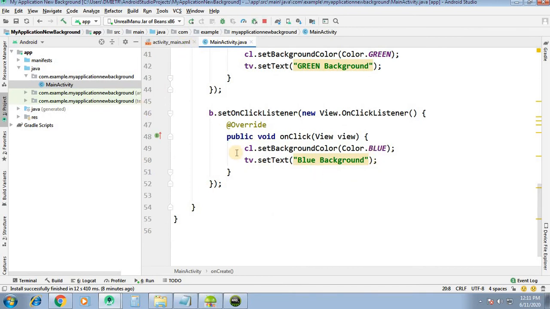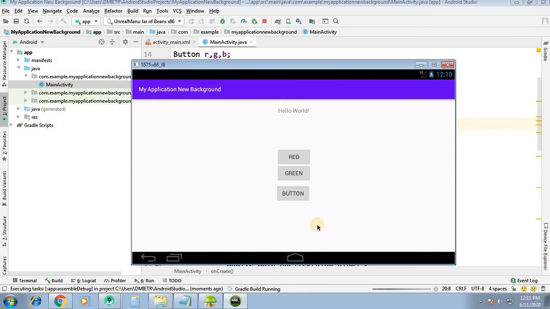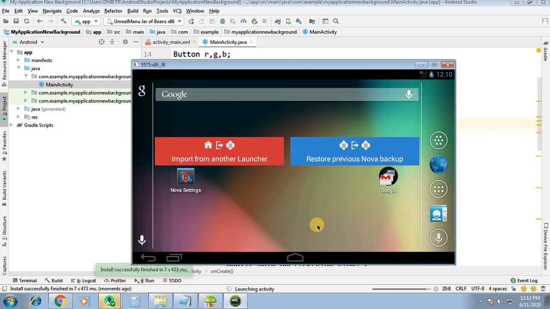Now let us run the code. It is now installing, and the activity will be launched very soon.